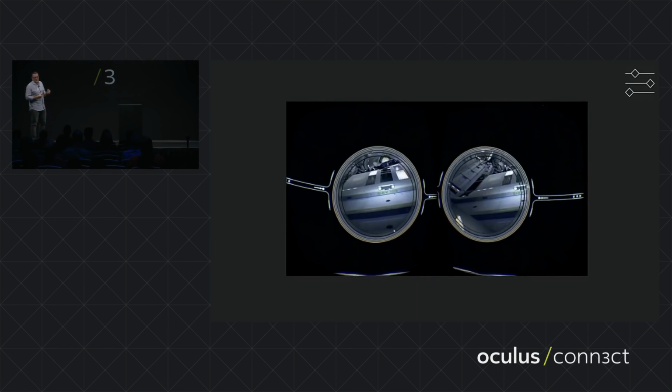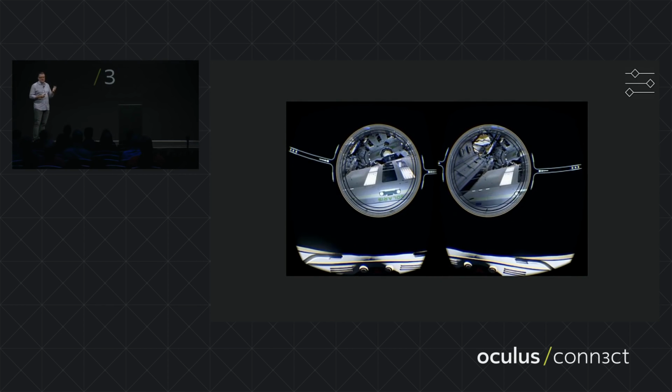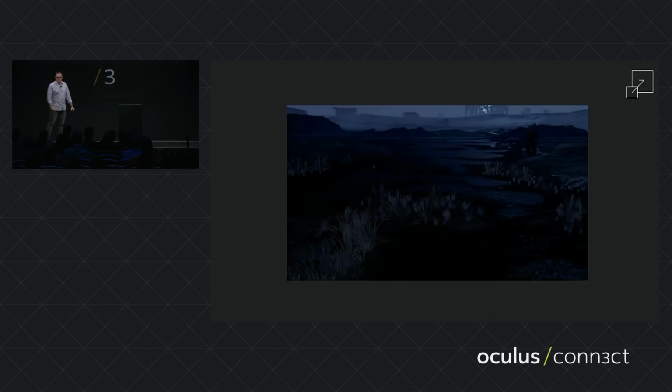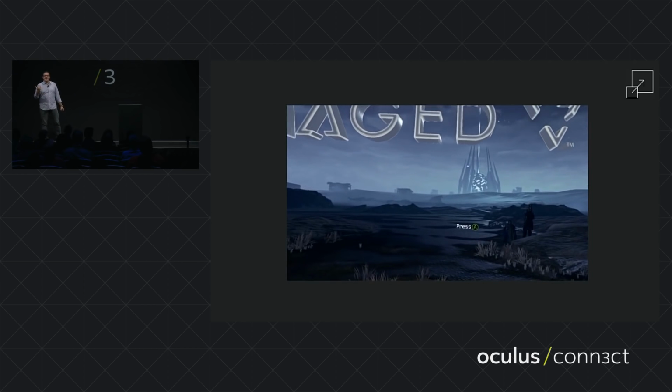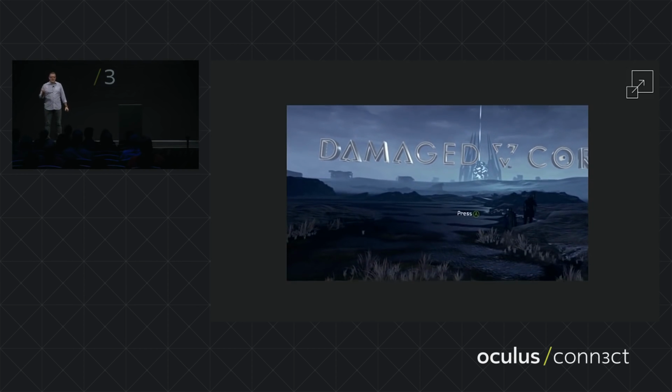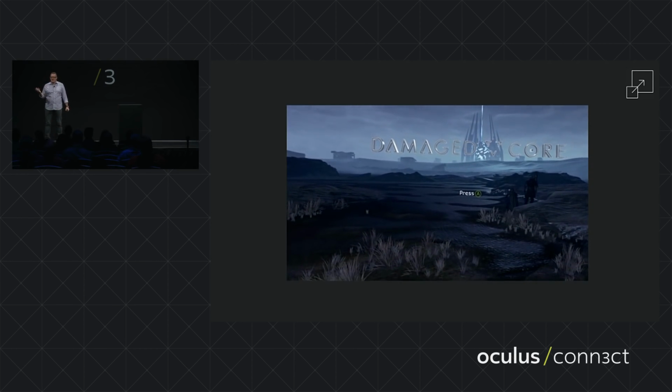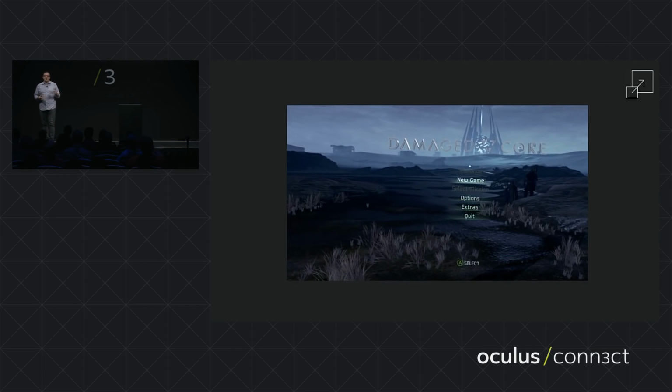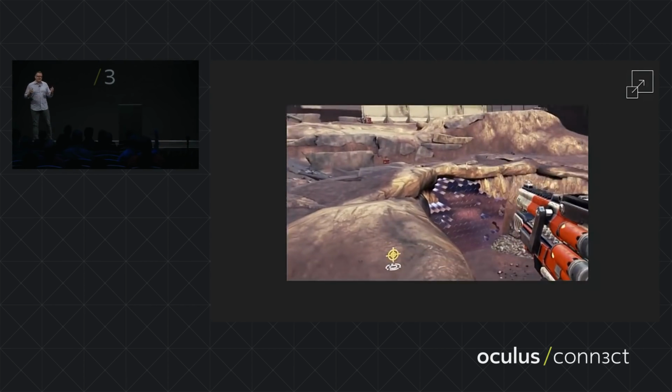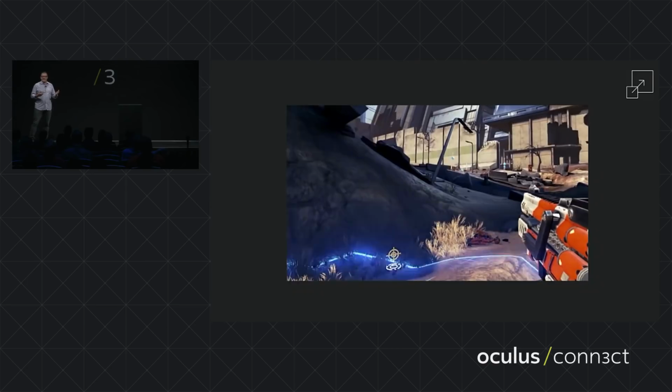So this lack of peripheral information really helps the user focus straight ahead and minimizes a lot of the discomfort. So moving past these comfort modes, we can go into how do you design your experience to be comfortable. And I think Damage Core is a great example of this. So they were able to use comfort and take the idea of not moving around to plan the baseline of